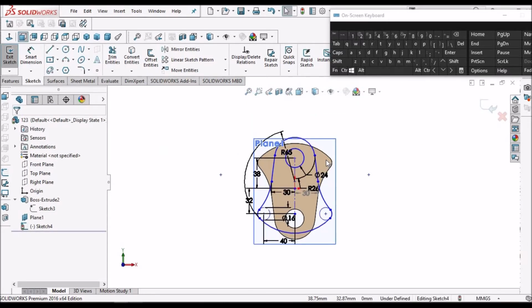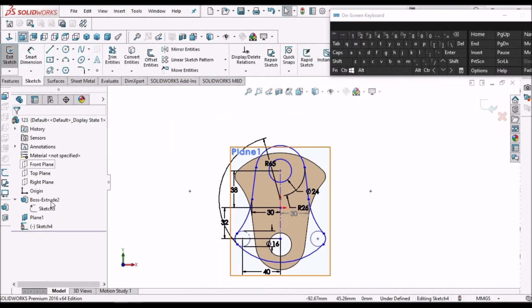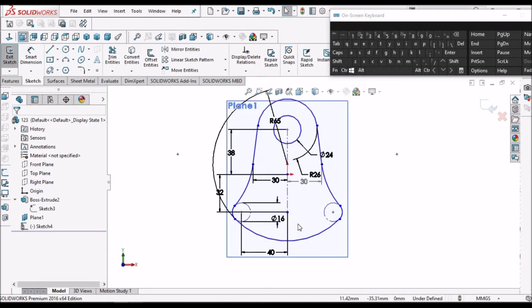So it's rotated now. So hide this and see.